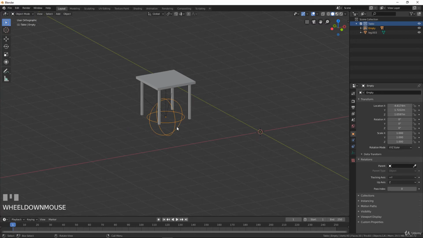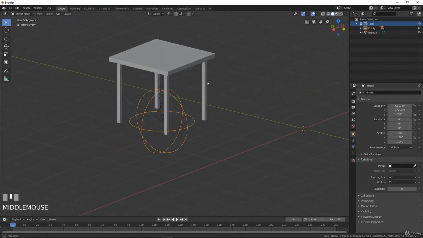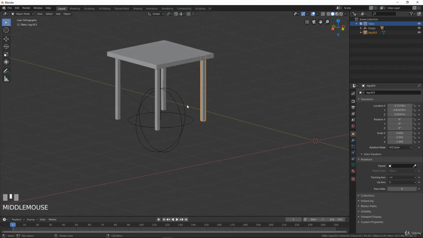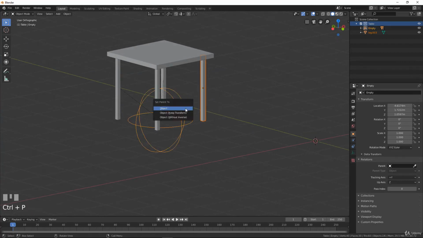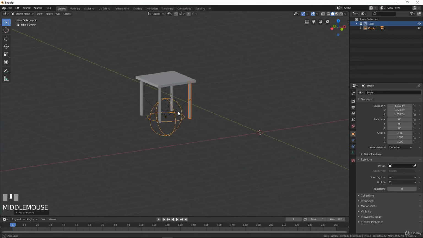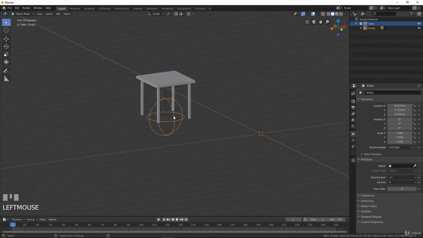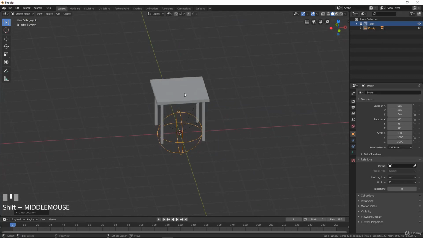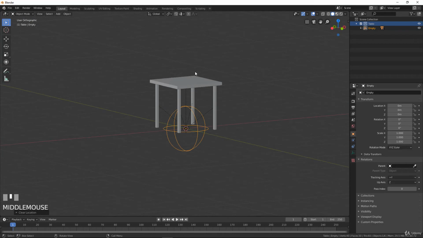But now my table is without the leg like that, okay? So I just make Control P again, set parent to object, and this one I will make Alt G to put it in the center again. So this is the first